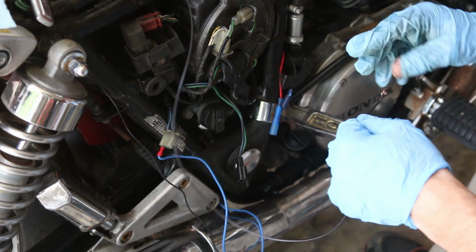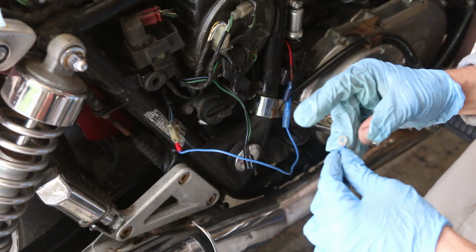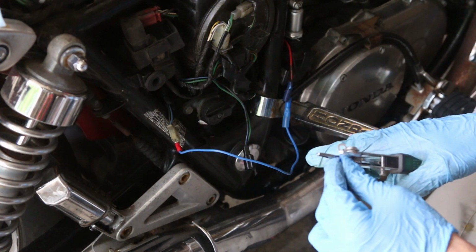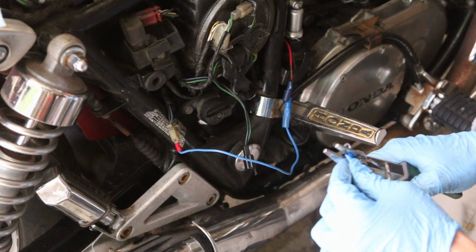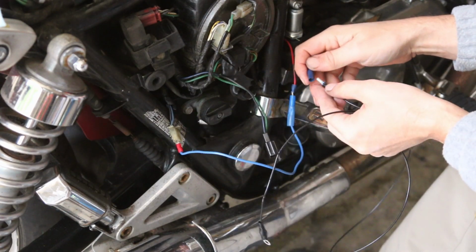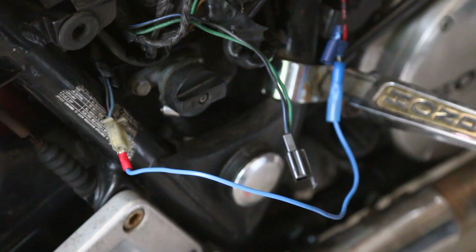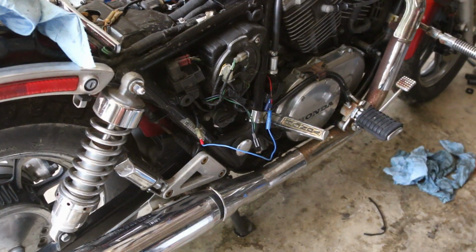I'm going to ground it directly to the battery, but you could use the frame of the bike. That's it. So now this is going to go here and it'll start to pump once we connect it to the battery. We're starting to have our wires put in, and bypassing the relay, the positive from the fuel pump